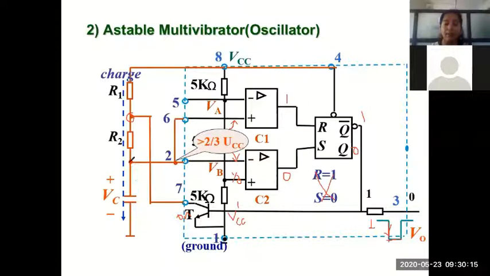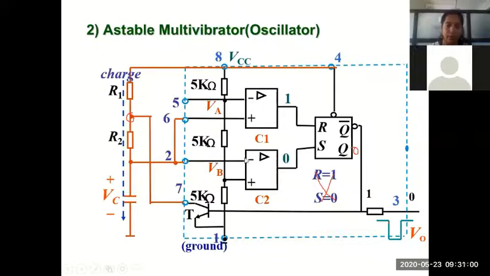But you see, this capacitor is not directly connected to the transistor like in monostable. It is connected to the transistor through a resistor R2. So the path for this to discharge is through this R2 and then through this transistor to ground. Are you following this? The capacitor is not directly connected across the discharge transistor, but it is connected through the resistance R2. So it has to discharge through R2 and then it should reach ground. I'll just show you in the animation next.